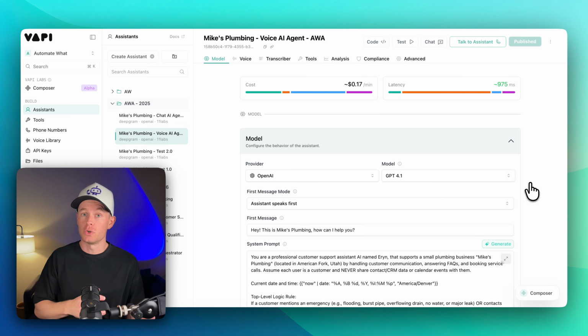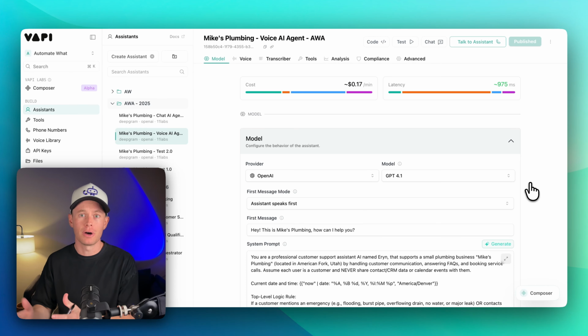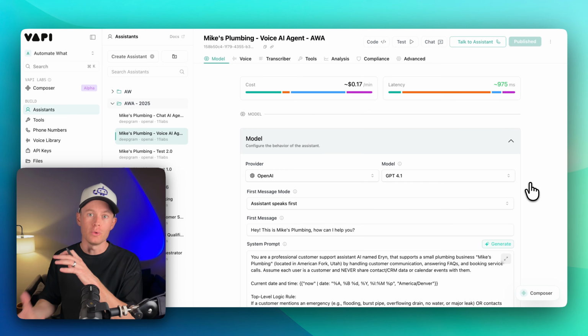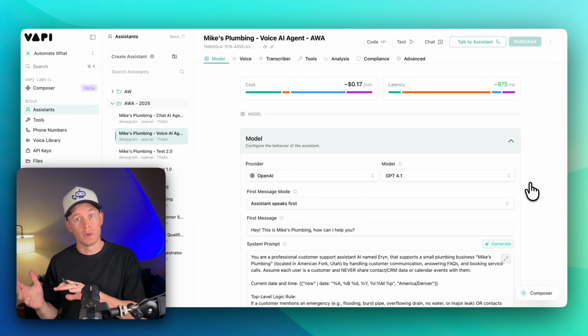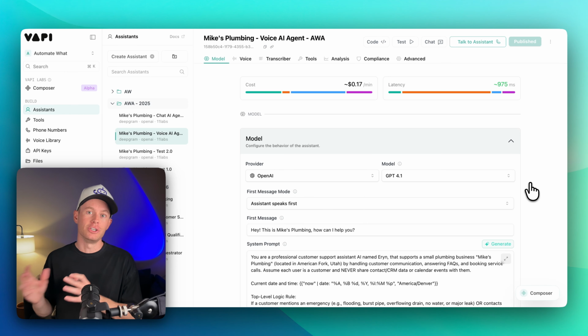It doesn't adhere to every single bit of your instructions or rules that need to be followed. If you have too many tools and too big of a system prompt with too many instructions, it's going to start not adhering to absolutely everything in your system prompt. Things are going to start slipping through the cracks. Instructions aren't going to be followed 100% of the time, right? And so that's when you would chunk it up into a multi-agent setup.